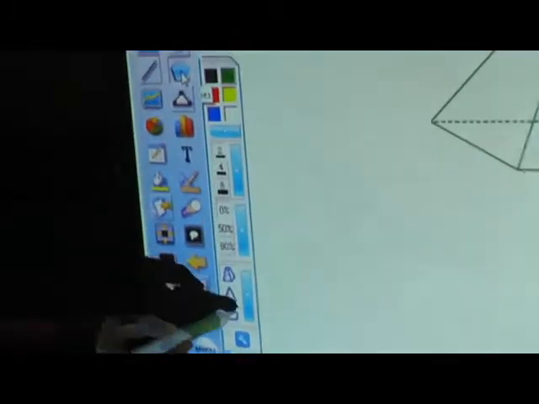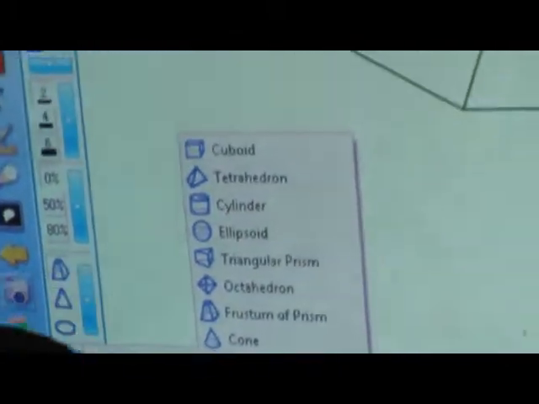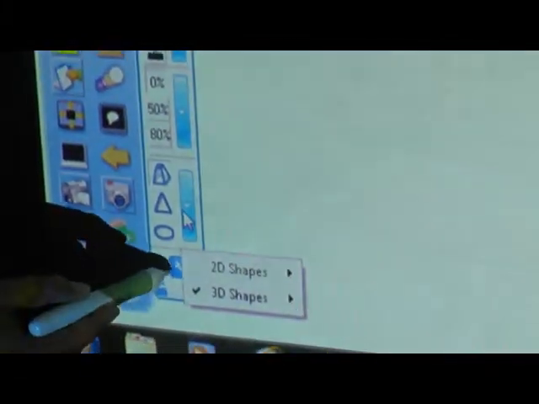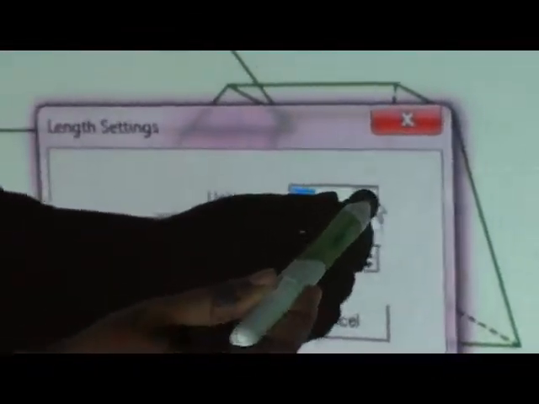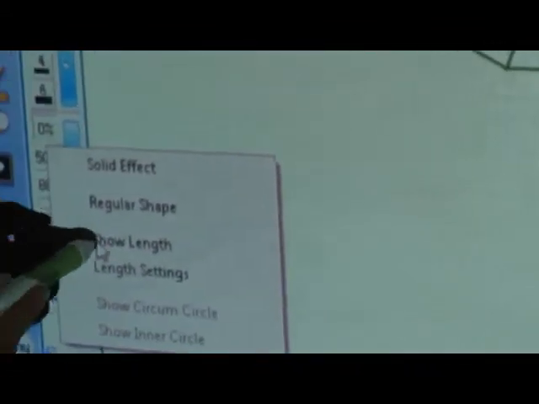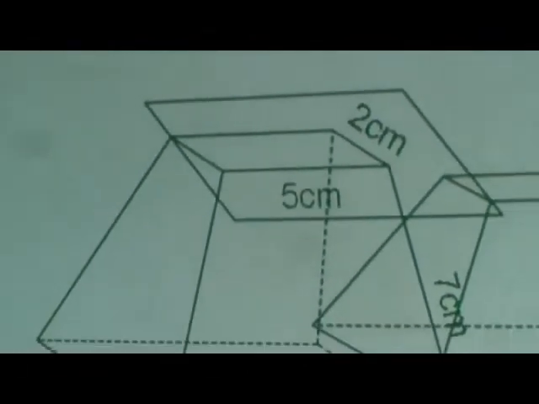Now this particular property is where Spectron stands alone. Most of the boards available in the market will only show the shapes in 2-dimensional, but here you have an additional option of selecting a shape with length settings. You can select the units and also the decimal digits, like centimeters, millimeters, inches; you can customize. Now I am showing the same thing with the length setting. You can see this. So this is the flexibility in this.